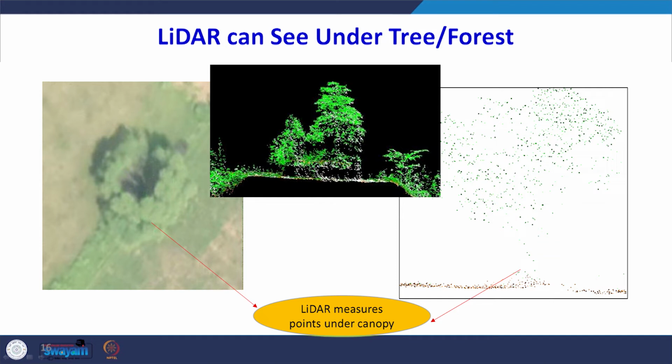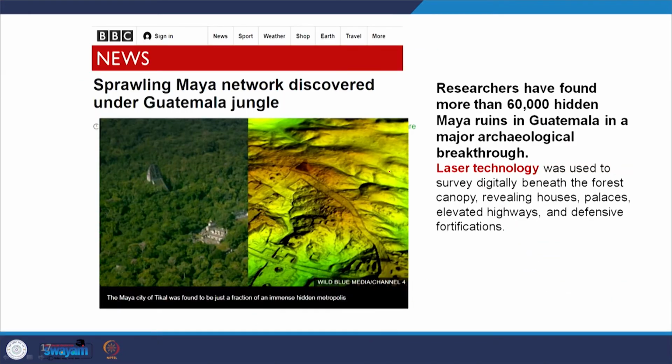So we can get the elevation data, and we do not miss anything when we are working on this kind of approach. This is an example where, using this kind of data, people have identified hidden structures. So 60,000, for example, hidden Maya ruins were identified in Guatemala, and this was a very major archaeological breakthrough. It was in the news that using this kind of data,